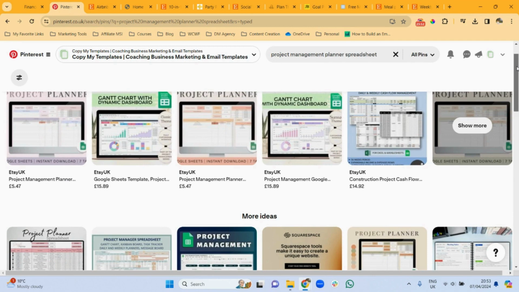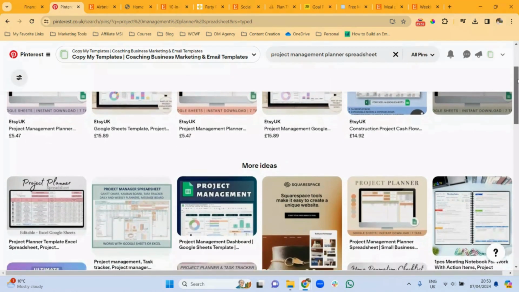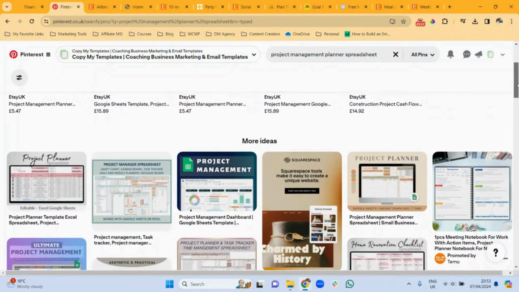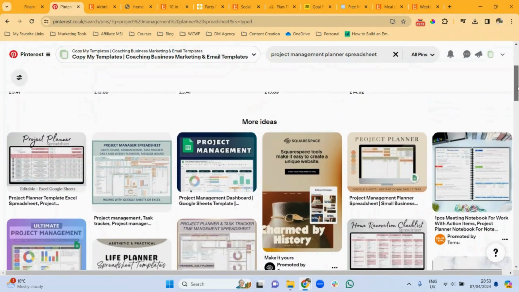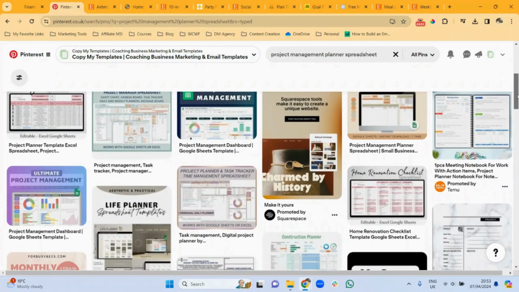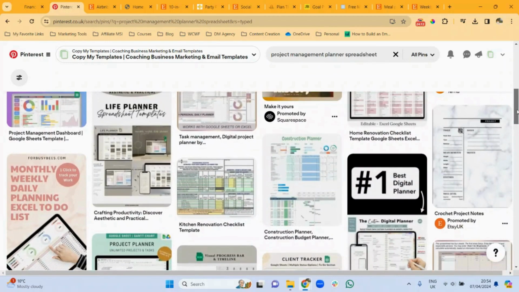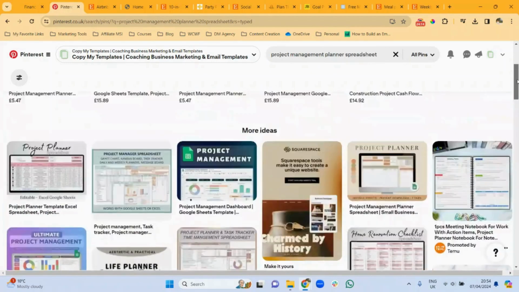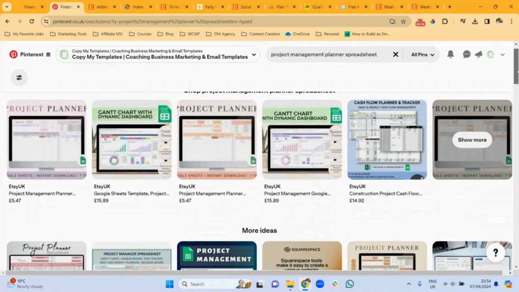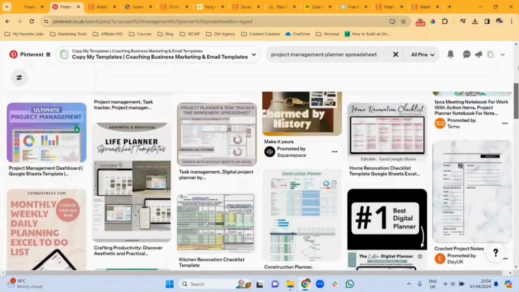Okay, so the next spreadsheet idea that you can create and sell is a project management planner spreadsheet. So your customers could use this to keep track of tasks that they might want to delegate. They could use it to track deadlines. They could also monitor their progress in certain projects with a planner like this. Sometimes I've seen people who use spreadsheets in their own lives and find it very helpful. So you might think that something like this people probably would not want to buy, but look how many planners, project planners there are.